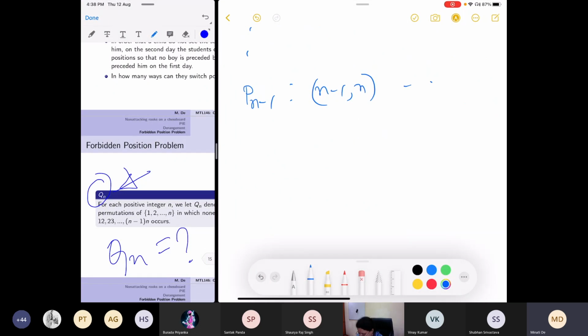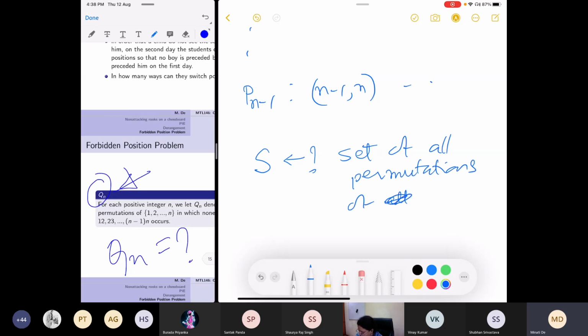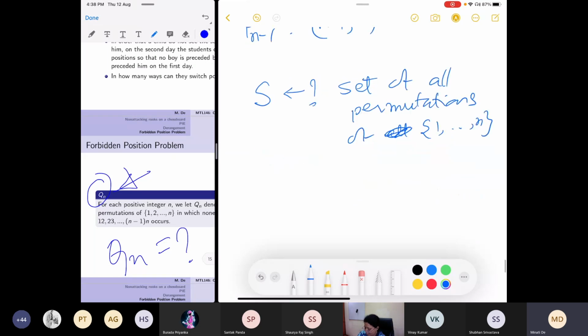Now this is easy, right? We are basically interested in, what is S here? S is basically all permutations of your natural numbers 1 to n. So S is the set of all permutations of the natural numbers 1 to n. Using the principle of inclusion-exclusion, Qn, the thing which we defined, is nothing but S minus